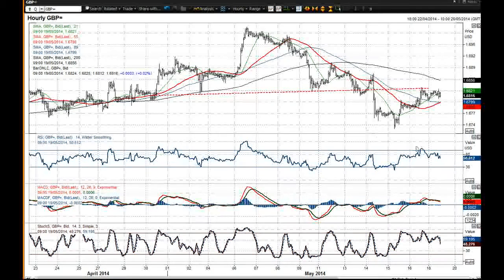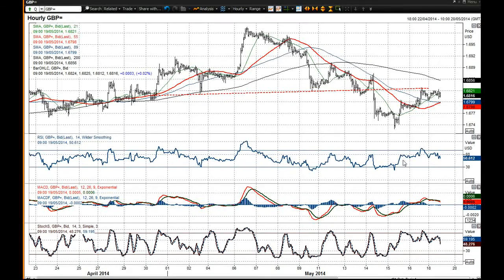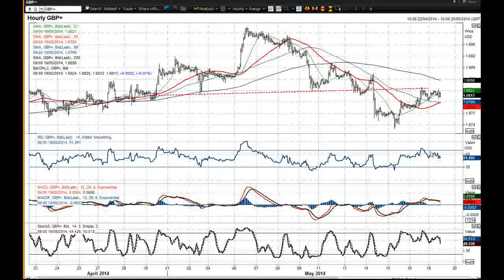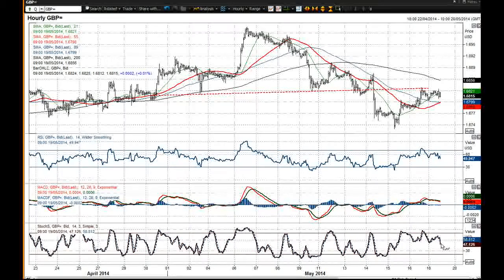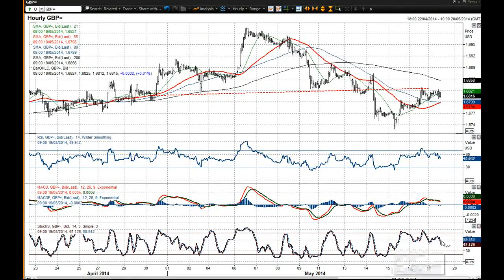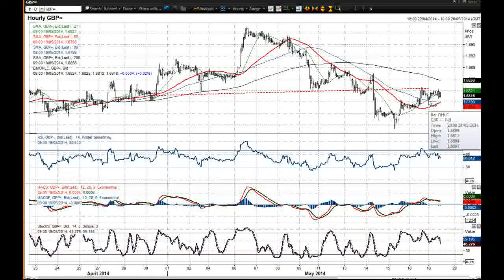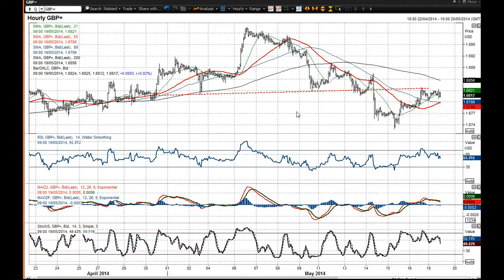You've also got these momentum indicators that are beginning to turn lower again. Notice on here you've got this top formation on the RSI, which is possibly now breaking lower, and also the MACD lines are breaking lower. You've also got this top pattern again on the stochastics as well. So this would suggest that perhaps if there were to be a failure of the overnight low at around 68 big figure, that could signal a resumption of the selling pressure,